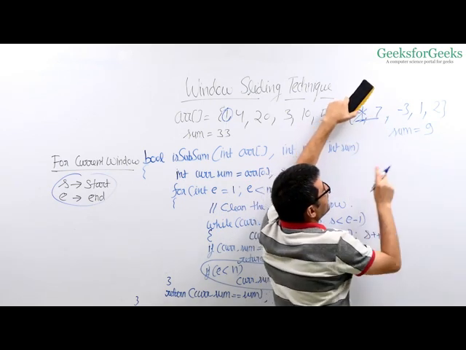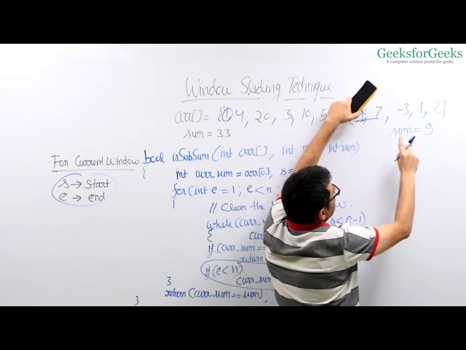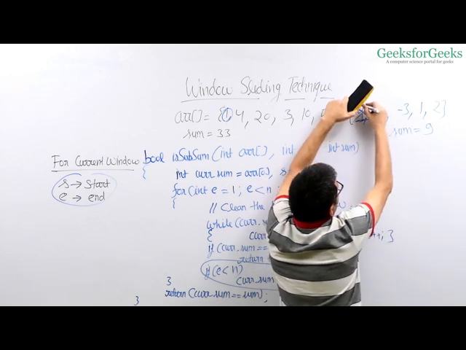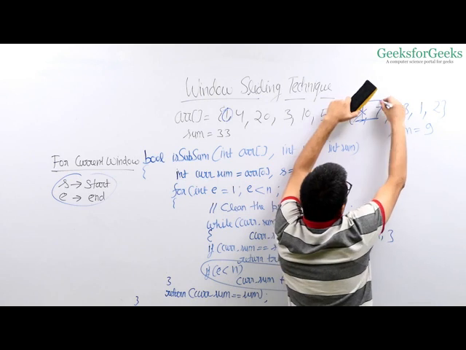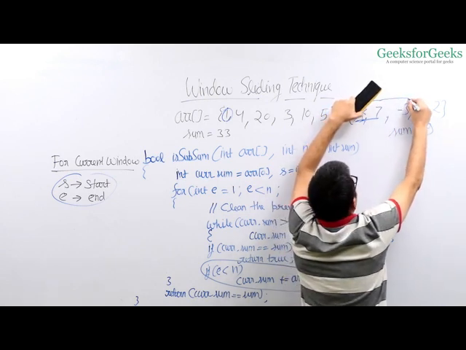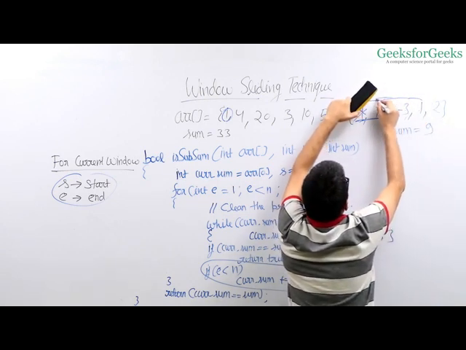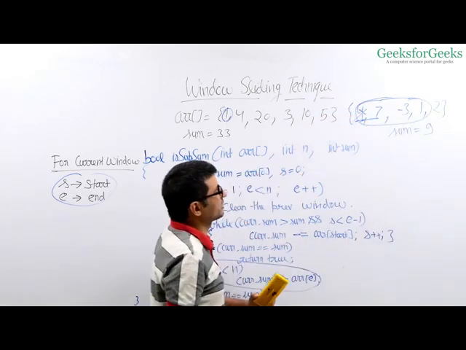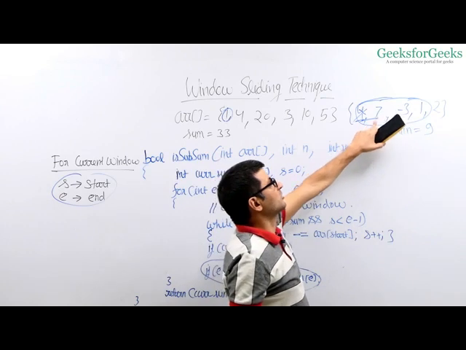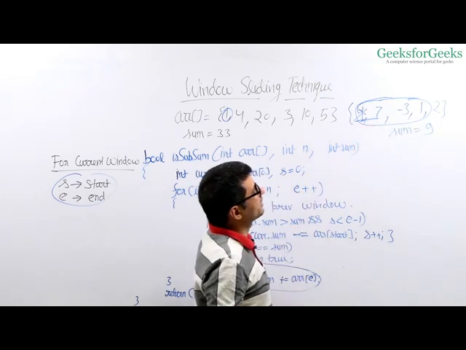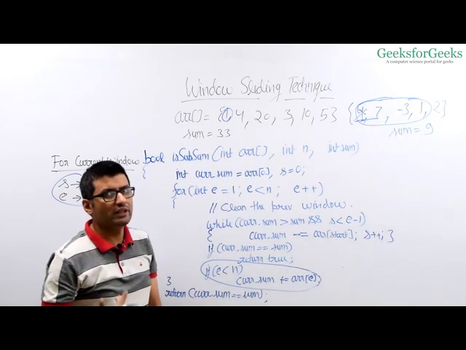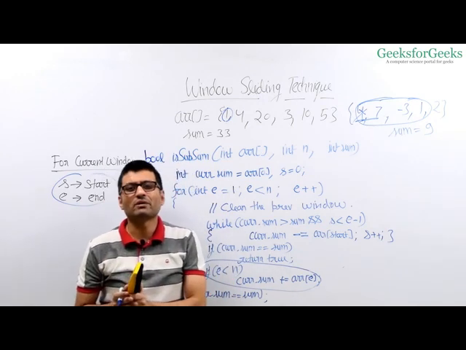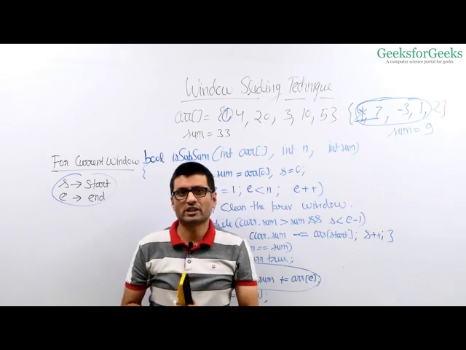And you can notice that there is a sum 9 with this element. The sum 4 plus 7, 11, minus 3, 8 and 1, 9. So I'm getting a sum 9 with these 4 elements, and in this approach I won't get that sum because I'll remove 5 because the sum becomes 11, right? So this approach would not work for negative elements, but the good thing about this approach is it works really great when you have non-negative elements. It does not require extra space.